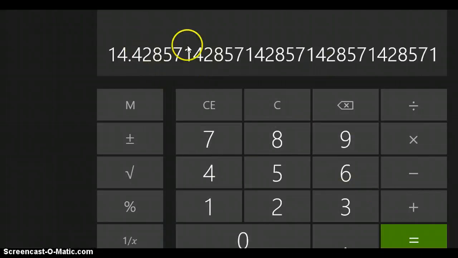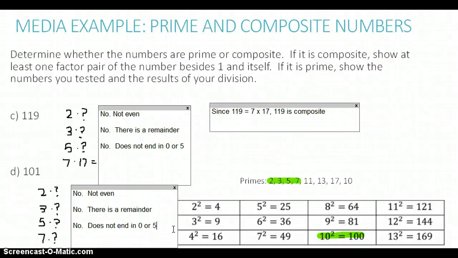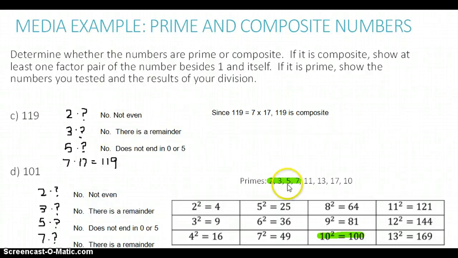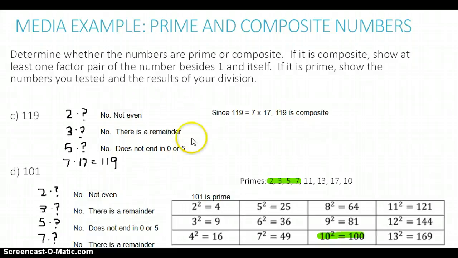There's a decimal, which means there's a remainder. So we can write no, there is a remainder. So since we've checked all the prime numbers that we needed to, we can now determine that 101 is prime. Let's highlight our